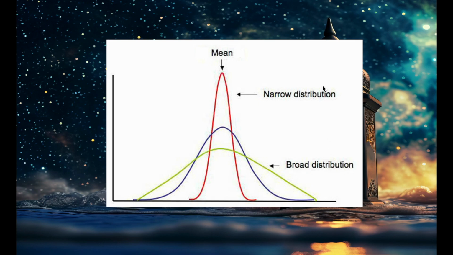A narrow distribution means most values cluster close to the average, suggesting stability and low risk. A broad distribution indicates higher variability, signaling unpredictability and the need for closer monitoring. In the Rossmann sales dataset, for example, two stores might have the same daily average, let's say 7,500 euros. But one may fluctuate wildly, let's say from 2,000 to 15,000 euros, while the other stays between 7,000 and 8,000